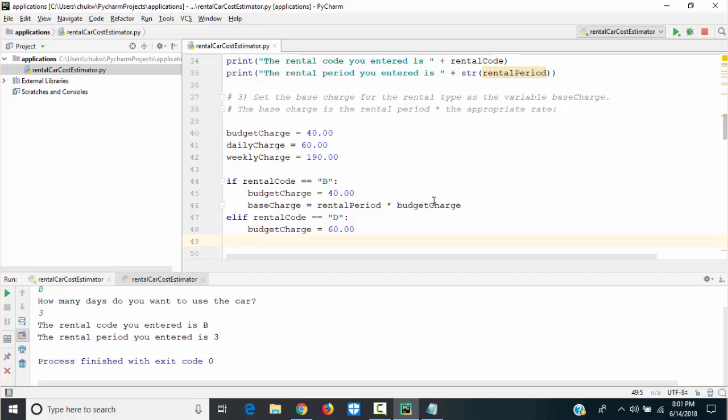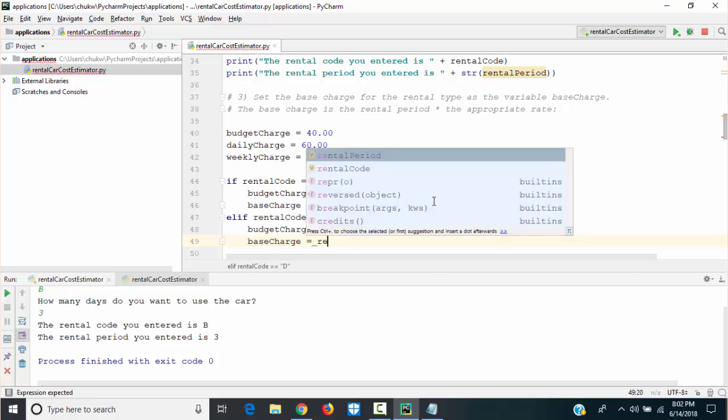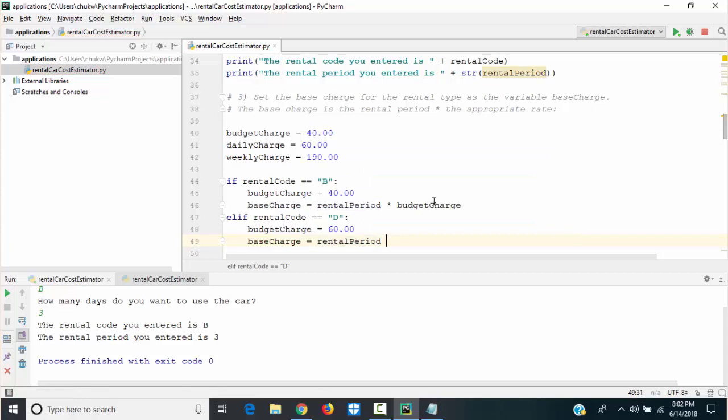So later we will look at how we format currency. We'll look at at least 2 ways that we can use to format currency later on in this video. So the base charge for daily rental would be the same formula, times budget charge.